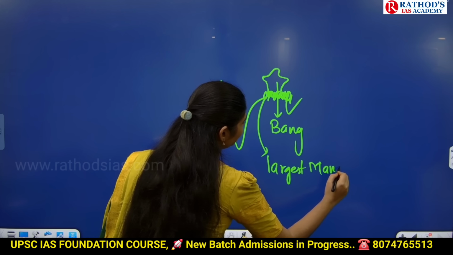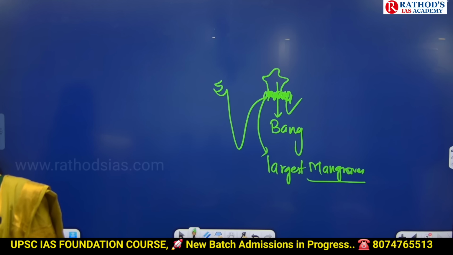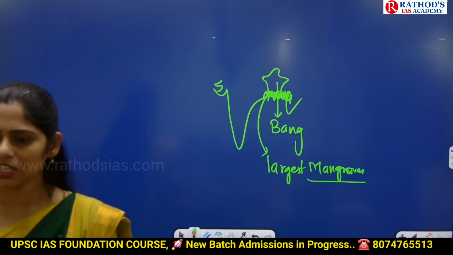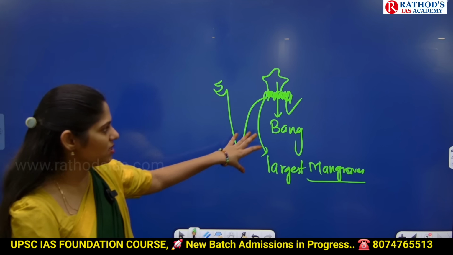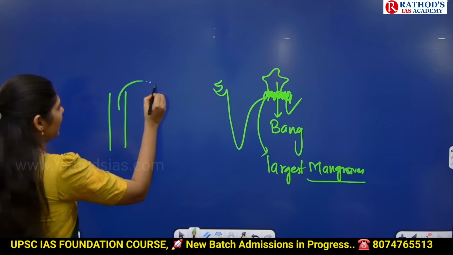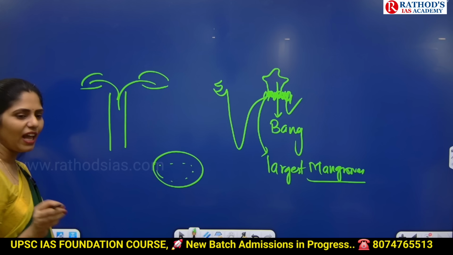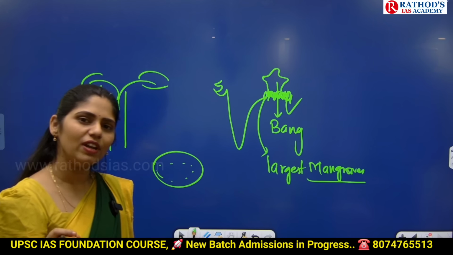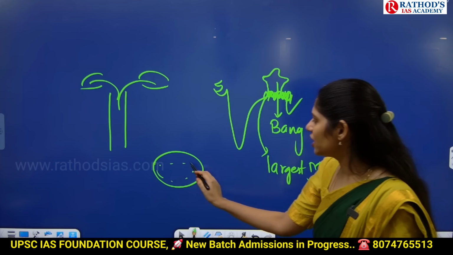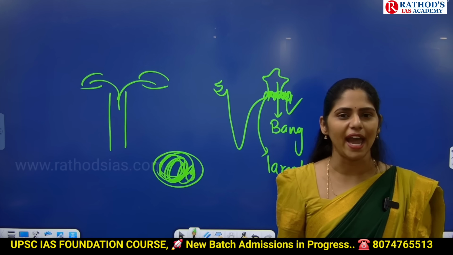So what are these mangroves? These are the trees which are mainly present in the intertidal zone. That means land plus water. Wherever land and water meet, that forms a marshy area. In that marshy area, these plants will grow. The special feature of these mangrove trees is, normally if you take soil, the soil will have air spaces, and even water particles in it. But in this marshy area, the soil is entirely mixed with water, saturated with water. So there will be no air spaces.